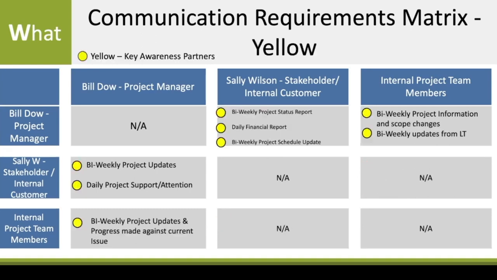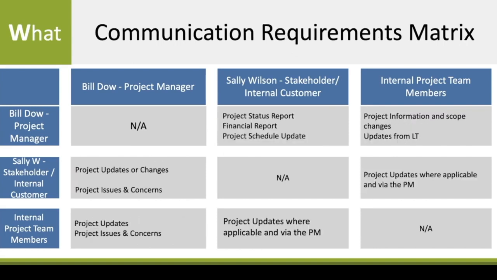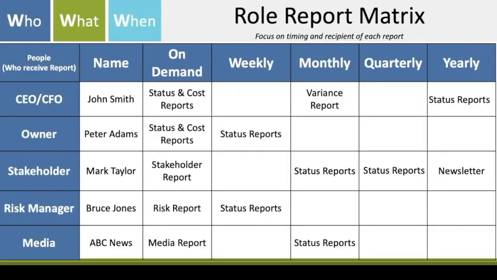What happens in a yellow situation? This is awareness. Well, I'll see a bi-weekly. I'll say I still want a daily when we're in yellow. Maybe this project's very financially focused, but I want a bi-weekly schedule. So you start tweaking based on the colors what information needs to be sent to who, as the color conditions change. And then, of course, we go back to the existing report. Does that make sense? So we're starting to really look at our different tools that we're already using today, and we're applying that color status.